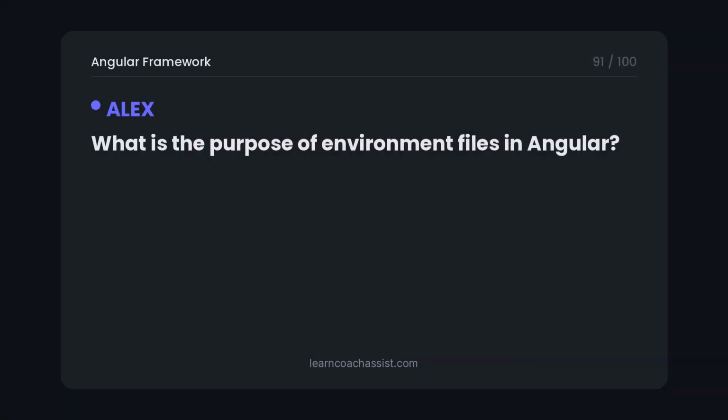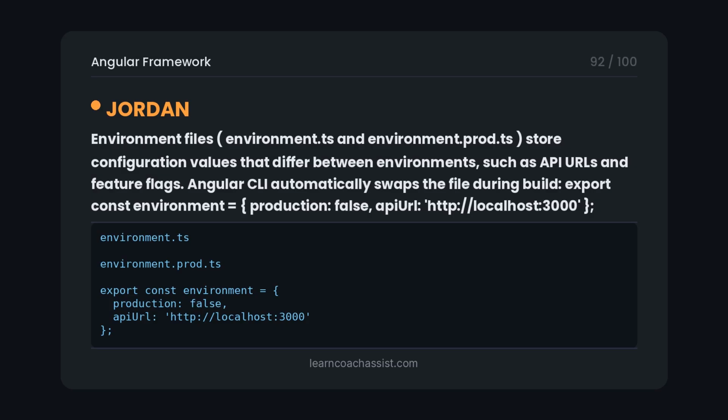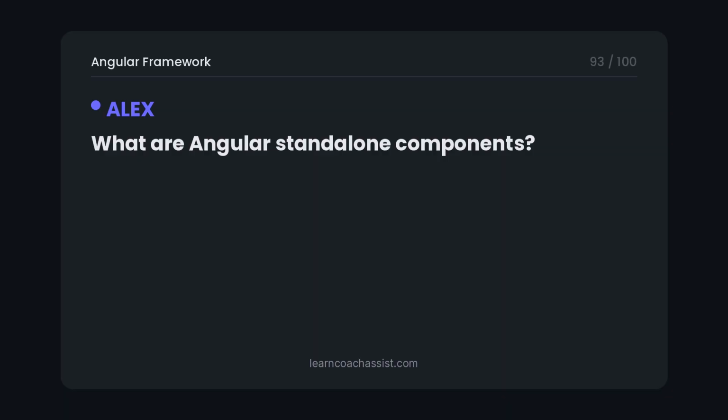What is the purpose of environment files in Angular? Environment files, environment.ts and environment.prod.ts, store configuration values that differ between environments, such as API URLs and feature flags. Angular CLI automatically swaps the file during build. export const environment = { production: false, apiUrl: 'http://localhost:3000' };